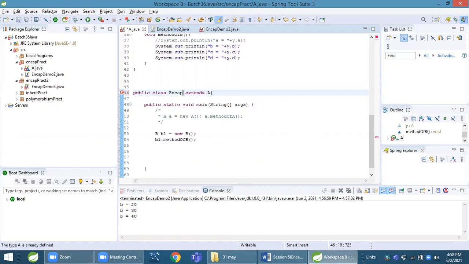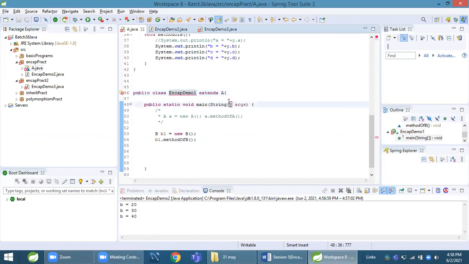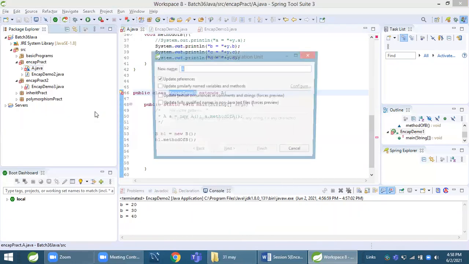I make this as encap demo 1. Rename this because this class is public in our file.